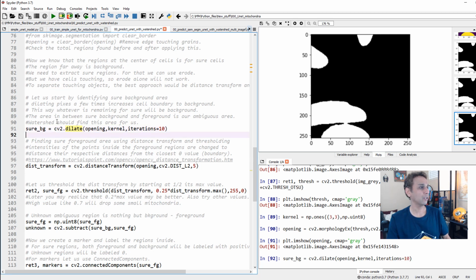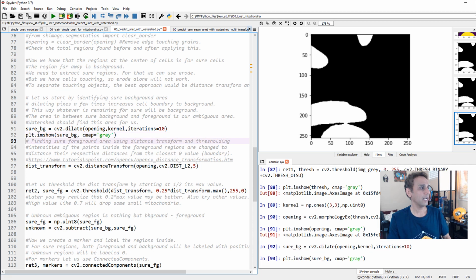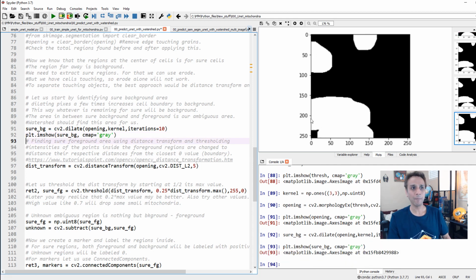One trick to do that is just go ahead and dilate. So let's go ahead and plot this so you can see exactly what's happening. Most of the time I'm using erode, dilate, opening and closing operations. Opening is erosion followed by dilation, or dilation followed by erosion, one of these operations, right? So let's plot our sure background. You see, all the black area is my sure background. I dilated my actual mitochondria by a little bit,